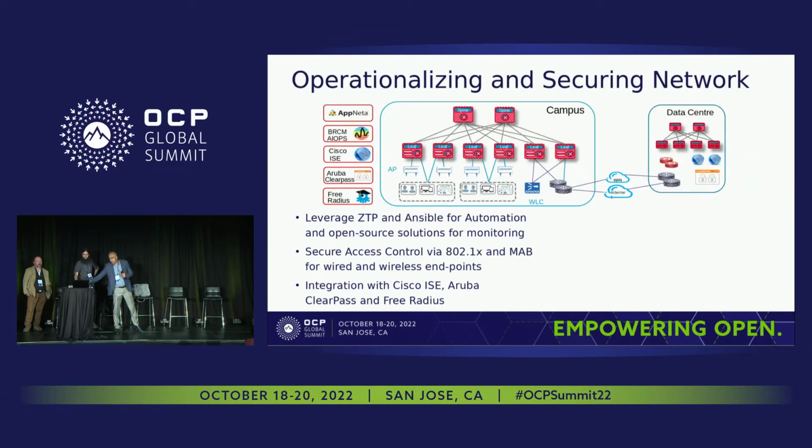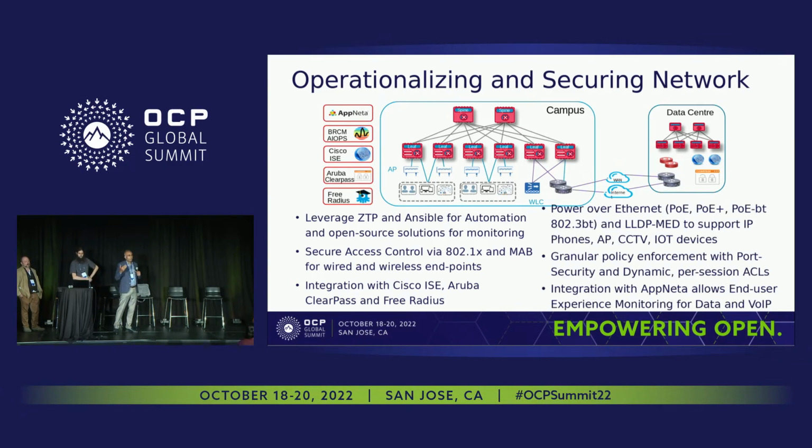And just making sure of how we're operationalizing this. Similar to the approach that we saw with data center, when you're operationalizing these things, you have to have an ecosystem of hardware, you need to have the right functionality, and you have to have the right stack at the top, whether it's for management or for monitoring. I think the same approach has been there for the campus side, starting with making sure that